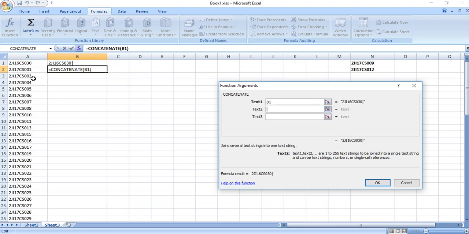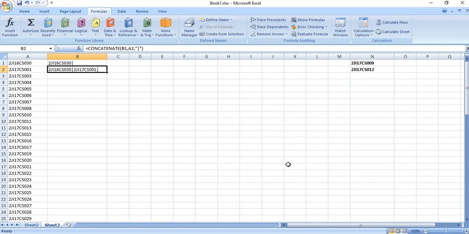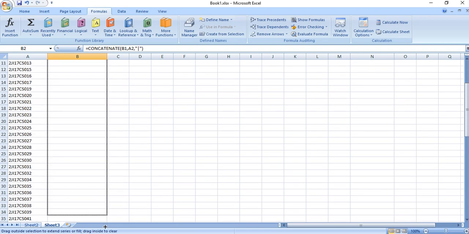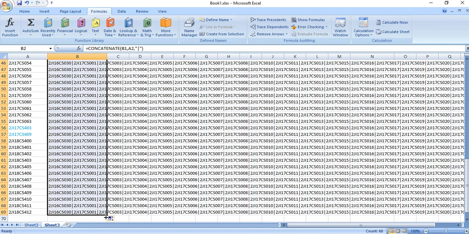Text 2 is going to be the second USN, and text 3 is going to be again the vertical bar sign, and you will select OK, and you will drag this all the way down until the last USN, so that it will apply the function to all the cells.